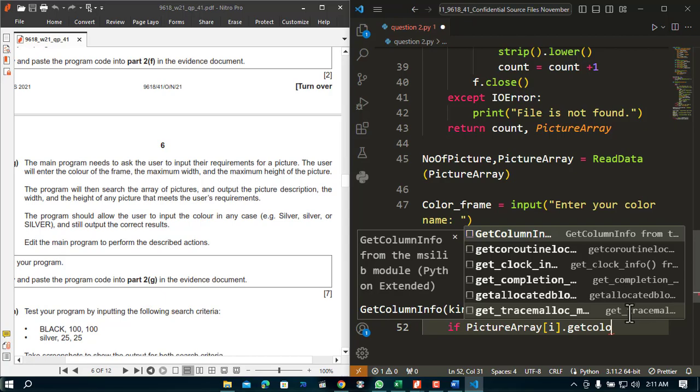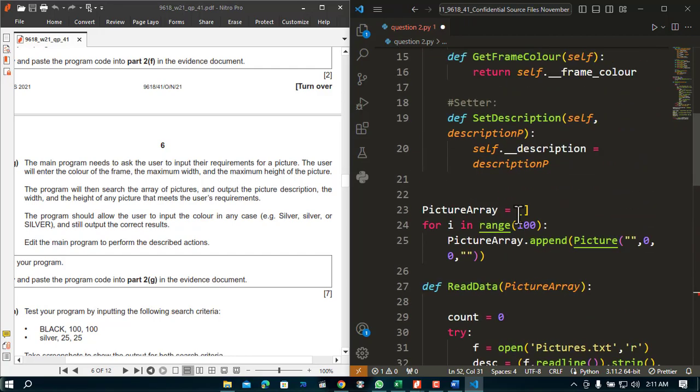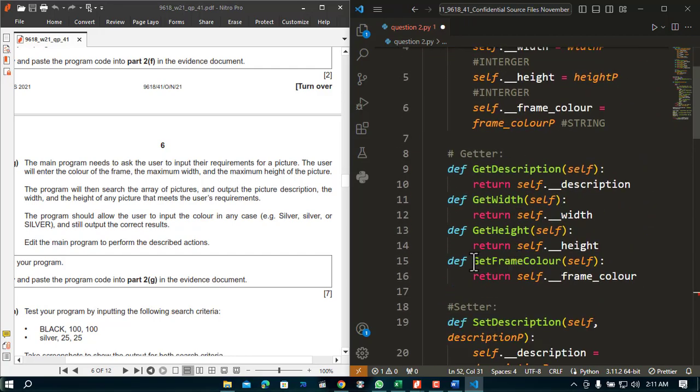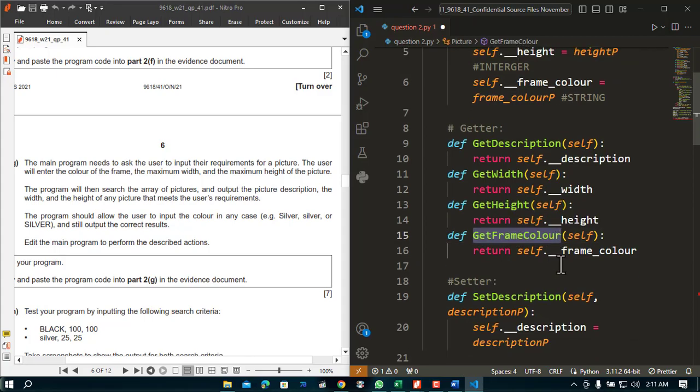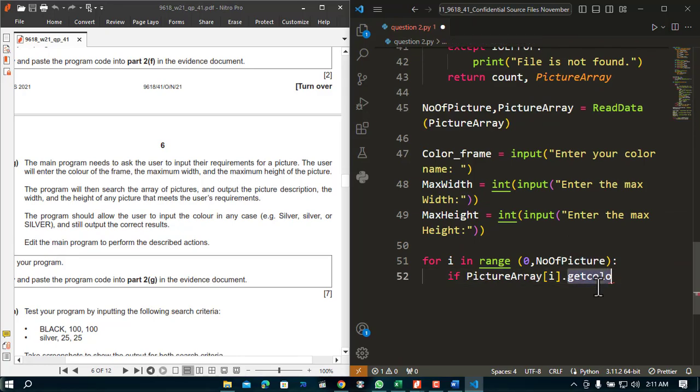We already have a function, get color, I think so. We already created the color. Acha, get frame color actually. So get frame color function is equal to the user input, that is our color frame. If it is going to be equal, then, or no, so let me keep it in a bracket. Let me give here another bracket, and here